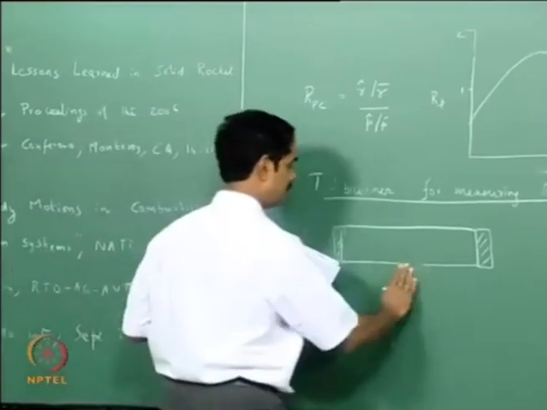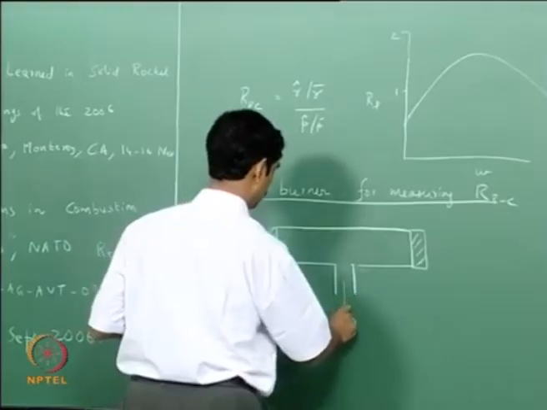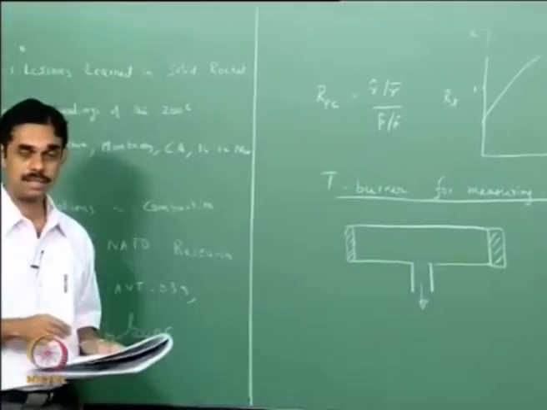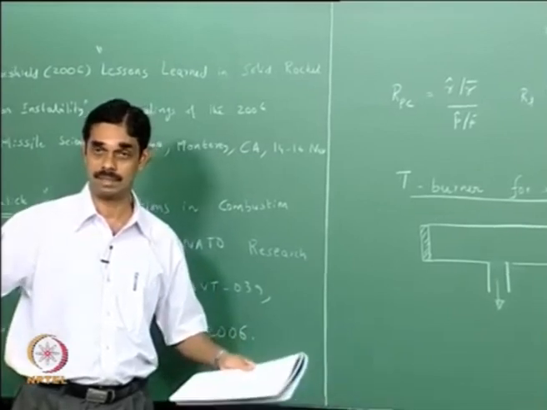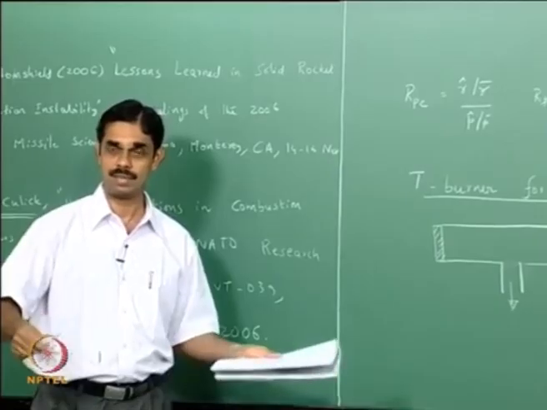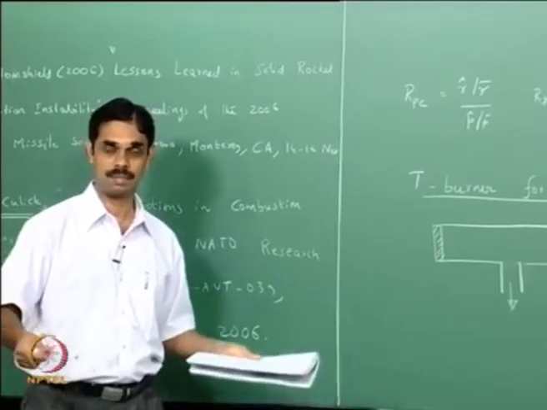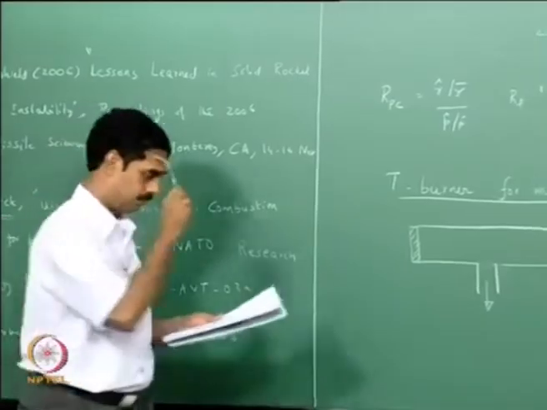So what you do is to have some exhaust, and the exhaust products go to a surge tank, so that the mean pressure does not change dramatically during the experiment, because we want the mean pressure to stay fairly constant so that we can measure the propellant response at some particular mean pressure.